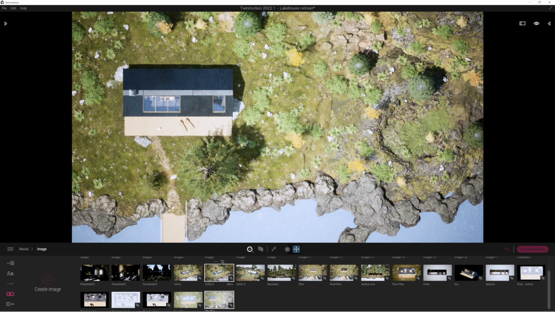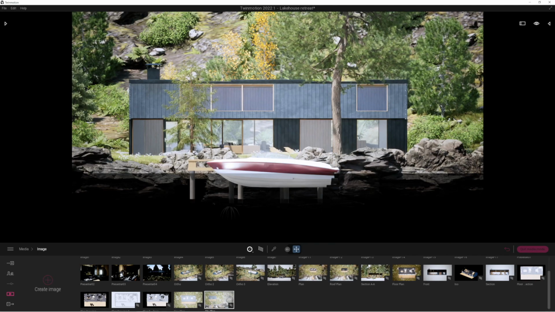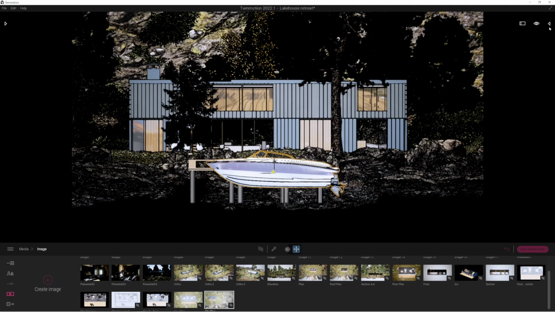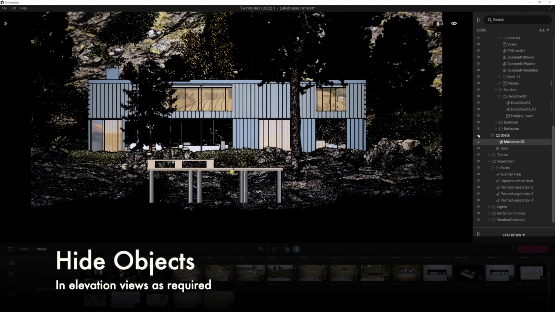Okay, good. Okay, so let's render some elevations now. So what we're going to do now is just click back onto the eye, go to our views, and we're going to go to the front view. So here we can see the front view of the drawing, and because we're quite far in front, you're not quite seeing the lake and so on, but you are seeing things like the boat. So there's a couple of options really. You could obviously click on the object itself, open up the navigator, and you could just hide that particular object